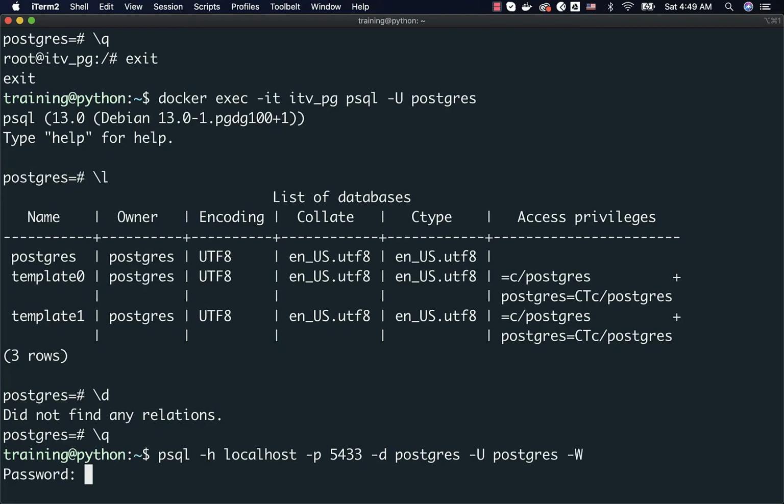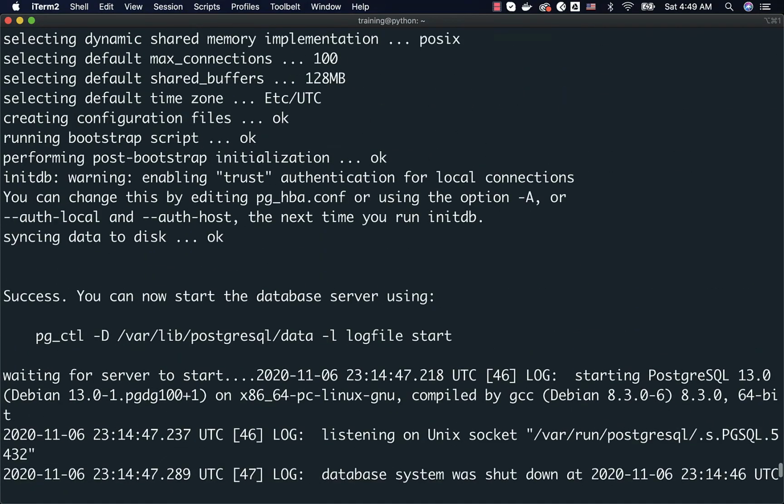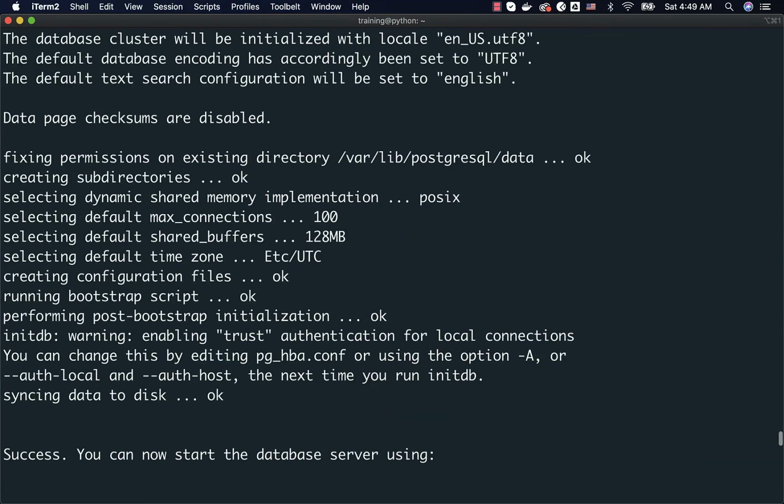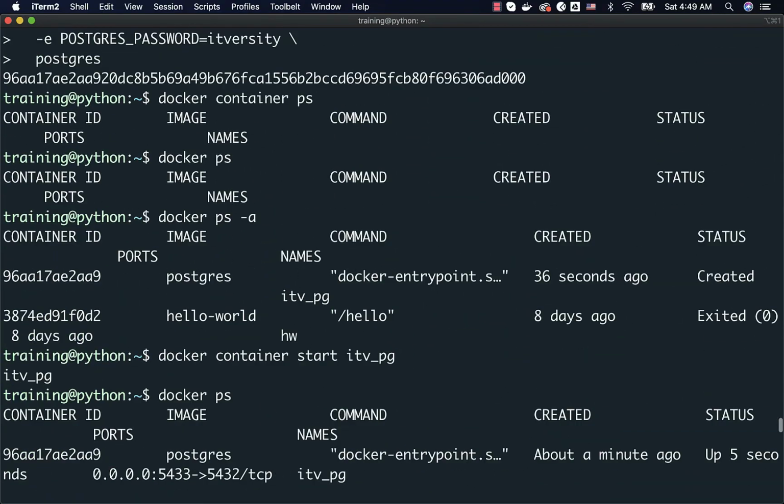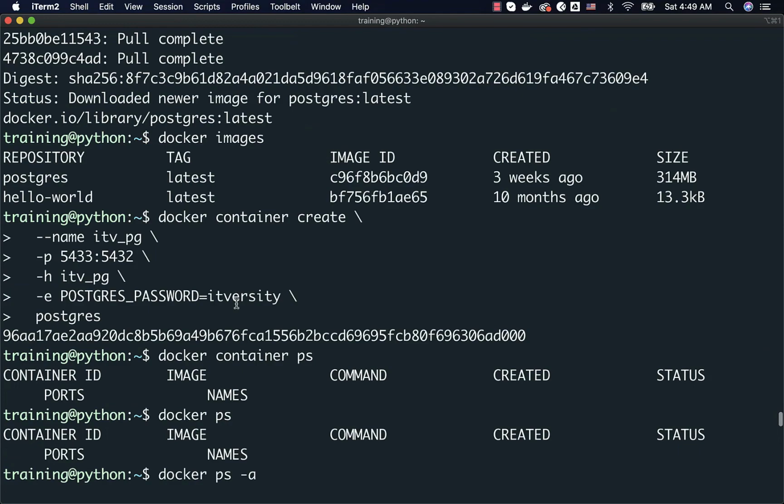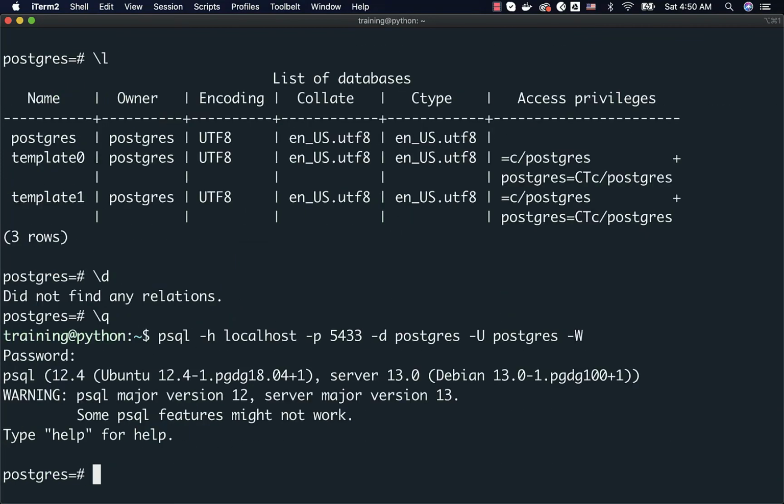When it comes to the password for the postgres user, we set it as an environment variable while creating the container, and that password is nothing but ITversity. So you have to enter that password here, and now you can hit enter, and you are in the database that is running in the container from the host. Now using this 5433, you can even configure your SQLAlchemy on your Windows or Mac desktop, and you should be able to connect to this database and perform database operations directly using SQLAlchemy. That will save you from struggling with psql here.